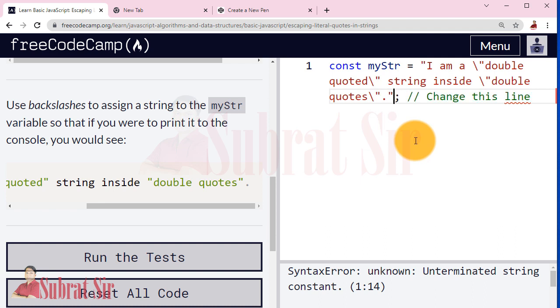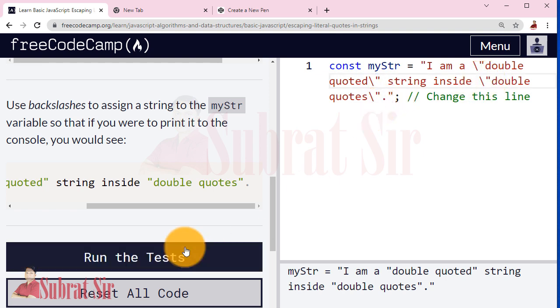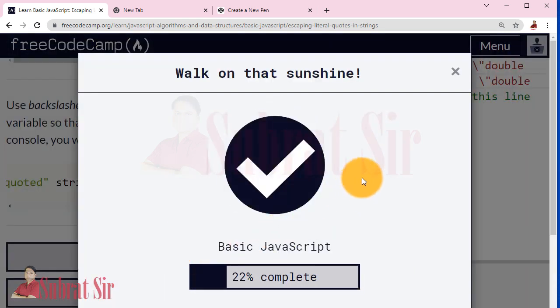As this is a string, it should be completely covered with double quotes. So this is your ending double quote, this is your starting double quote. Within this we wrote our string, and for all the inside quotes we used backslash. Run the test.